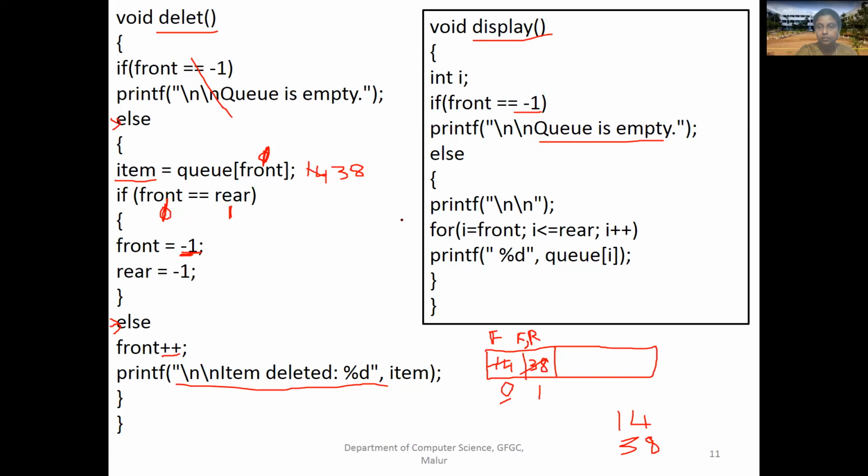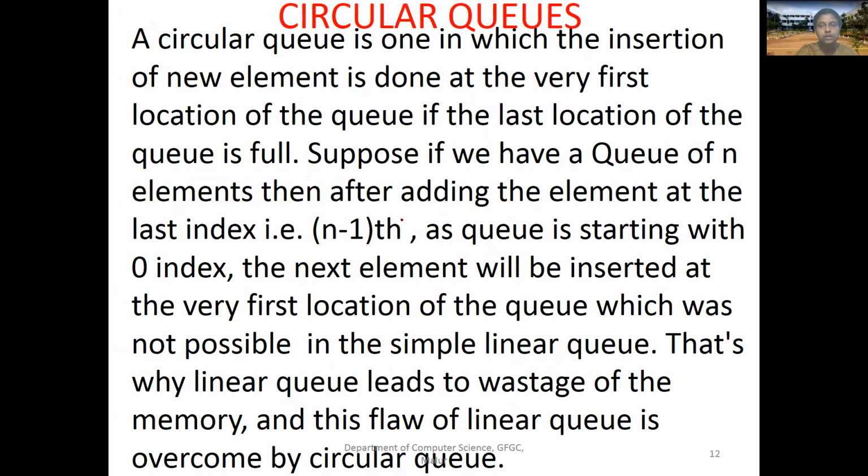Hope you got an idea about the queue program. Next, we will move to discuss the next concept called circular queue. What we have done in our previous topic was linear queue, a linear data structure where the arrangement will be in a straight order. But the term circular queue says our insertion will be in a circular form.